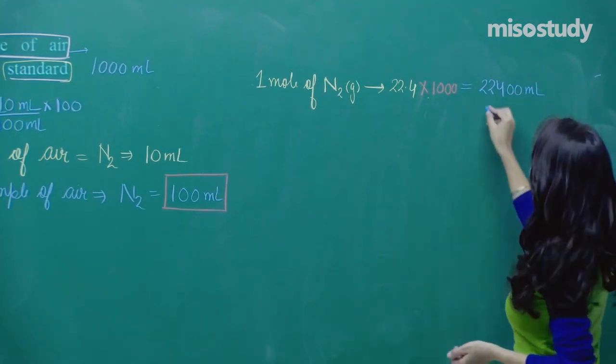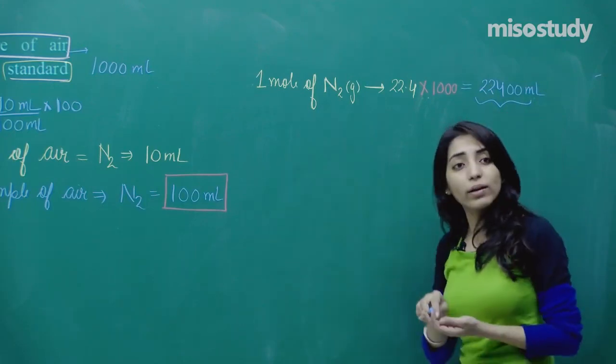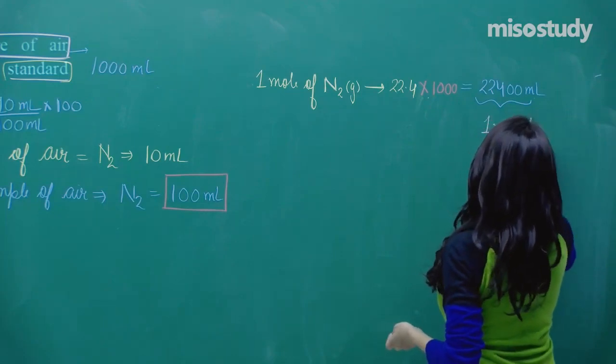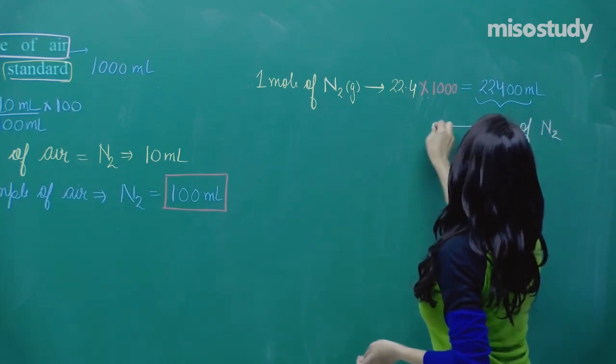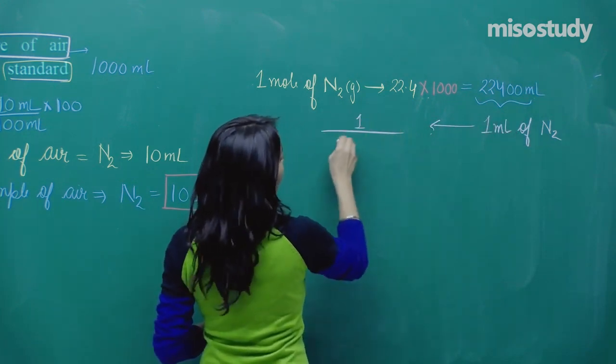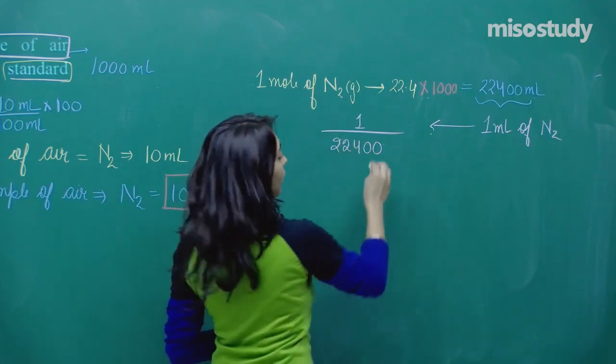Okay, so if I have 22400 ml of nitrogen, it will have 1 mole of nitrogen. So 1 ml of nitrogen will have how many moles of nitrogen? You will say, ma'am, 1 divided by 22400 moles,